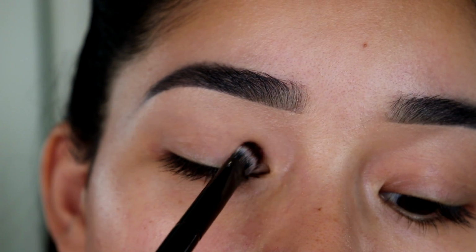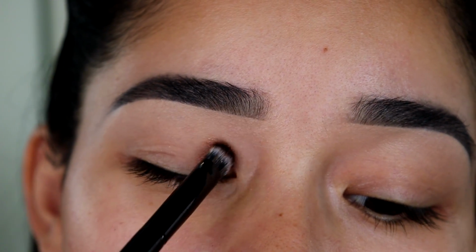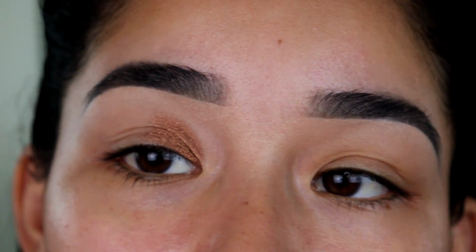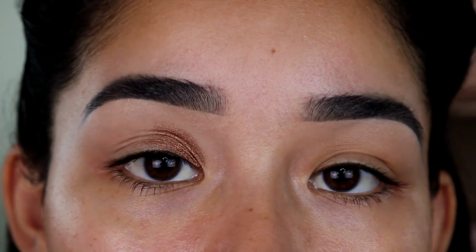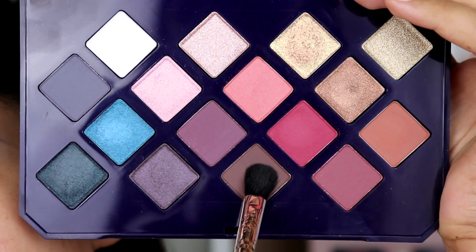A lot of the product goes onto the brush, and I'm going to apply it in the inner corner right here, and I'm using the Anastasia brush. This is a lot. It picked up a lot of the product, and it's just one layer, and that's perfect. And I didn't even have to wet the brush, put setting spray or anything. I'm just going to stop right in the center right there, and then I'm going to go into this eyeshadow here